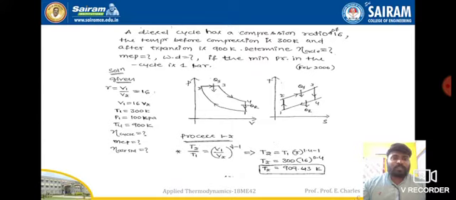So we have written all the given data and we have drawn PV and TS diagram. The given data and PV and TS diagram will also carry marks. So first we need to start from the 1 to 2 process, then we will move on to 2 to 3, 3 to 4 and 4 to 1. With that we will find out all the pressures and temperatures of different salient points. So for the 1 to 2 process, which is an adiabatic process, we write down the temperature and volume relation. T2 by T1 is equal to V1 by V2 whole to the power of gamma minus 1. With that we will find out T2, because the T1 value is already given in the problem.